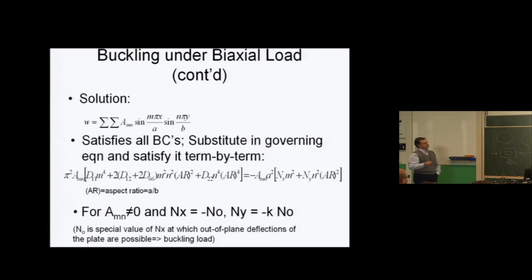This is my M and this is my N. Sine M pi x over A basically means a function that between 0 and A just simply does one half wave. So if M equals 1. If M equals 2, then between 0 and A I will have two half waves, and so on. So the M and N is the number of half waves in the different directions, in the X direction and the Y direction. So if I have a plate,